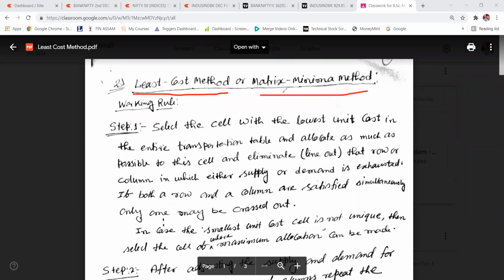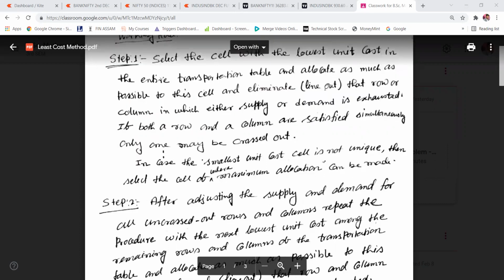And then after that, you'll find out the initial basic feasible solution to that problem. And from that, you will be able to find out the minimum transportation cost for that particular problem. Is that clear? So step by step, the method I have already written here. You can go through that one. I have already explained that.